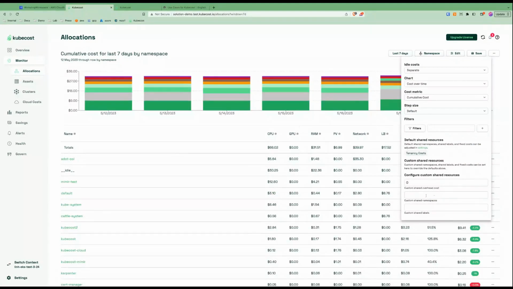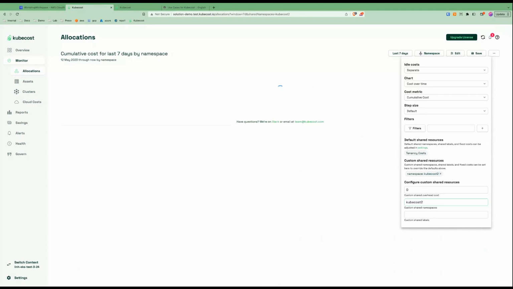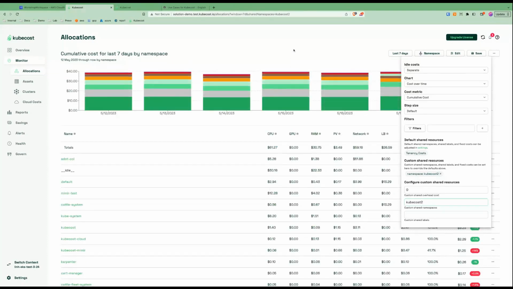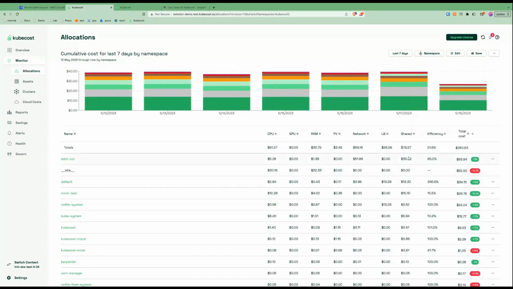We also have the ability to define shared resources. So in this case, let's say Kubecost 2, and this is a namespace. What it's going to do is remove it from the chart below, and it's going to distribute these costs. So of all this data we're bringing back: the CPU costs, GPU costs, the RAM costs, the PV, aka the underlying storage cost, network costs, load balancers, shared, which is what I just demonstrated when we said Kubecost 2 as the shared cost,